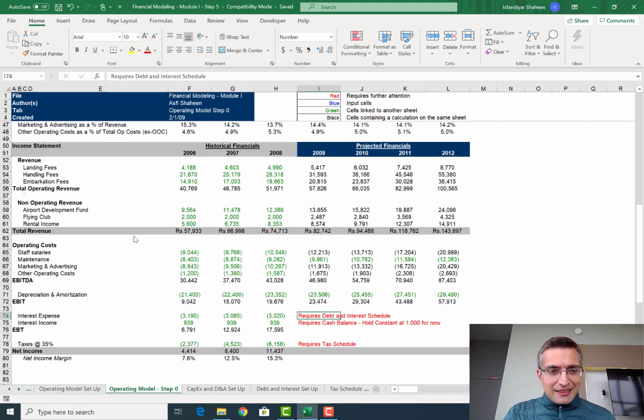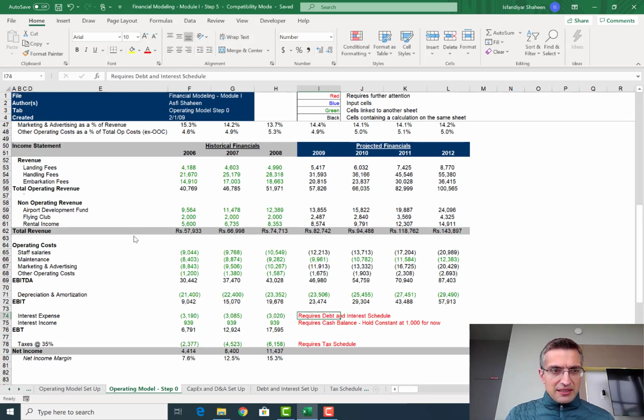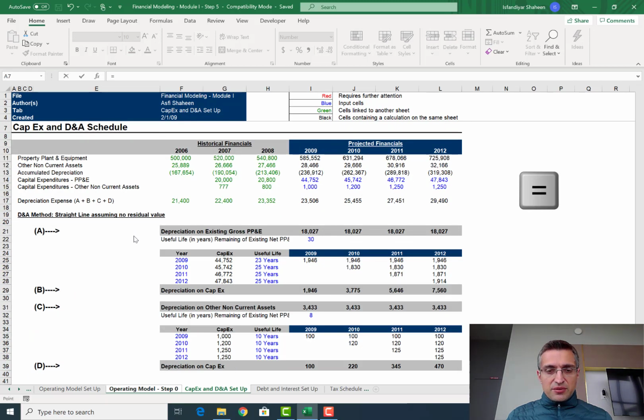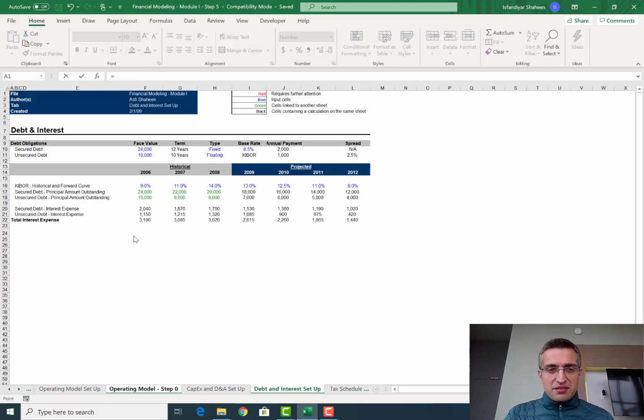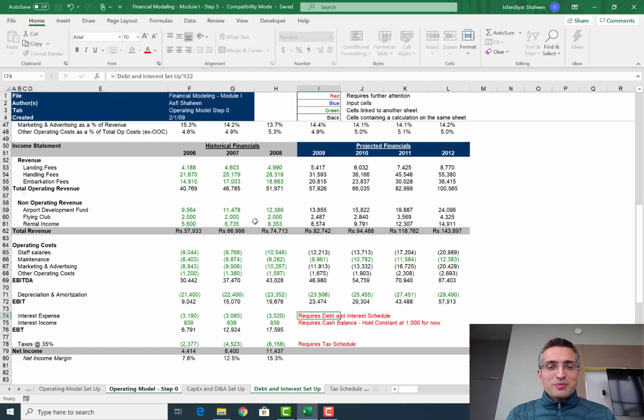So I'm going to link this interest expense to, and again, just to really go over the shortcut slowly, I'm in cell I-74, I hit the equals sign, and then Control Page Down and find my way to debt and interest, use the negative sign to indicate that this is an expense, and select the cell I-22. In this case, I ended up using the mouse, which in this situation was more efficient just because of where the mouse was. But let's say I want to go back to